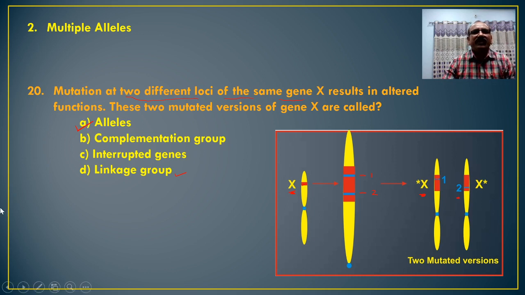So here we have completed two different parts of the problems, that is dominance, segregation and independent assortment, and the second was multiple alleles. There are many more problems that we will take in the upcoming classes, and for that you have to wait and write or comment to me, so that I will provide according to your need the problems in genetics.